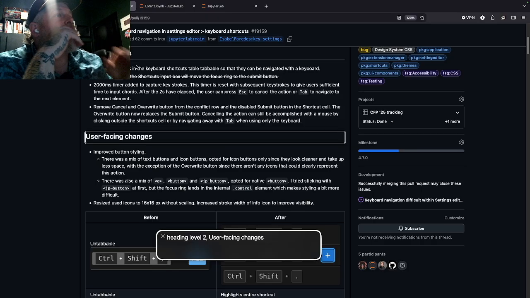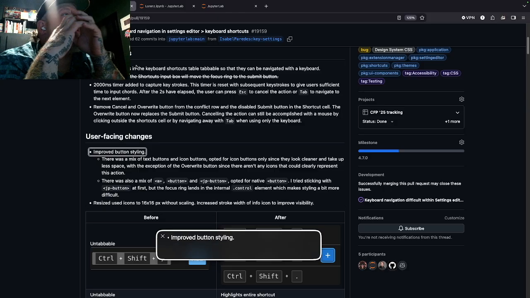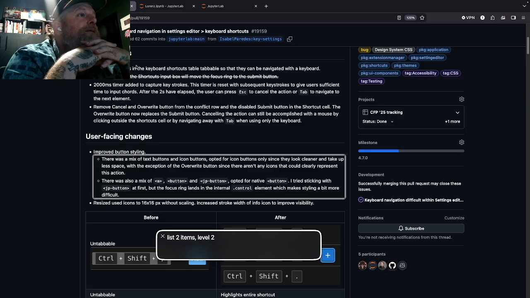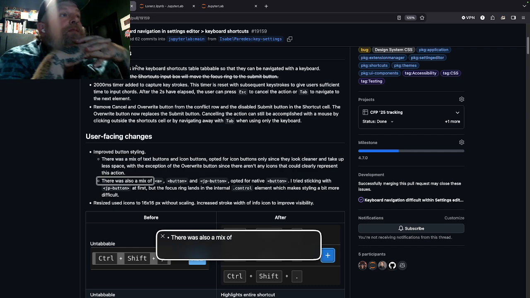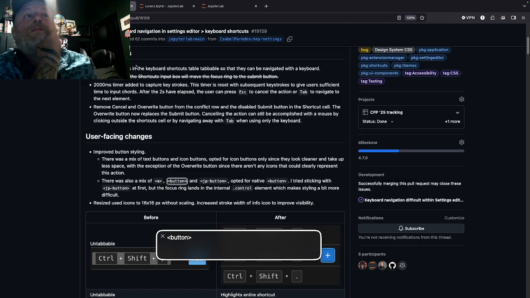Heading level 2. User-facing changes. List 2 items. Bullet: Improved button styling. List 2 items. Level 2. White bullet: There was a mix of text buttons and icon buttons. Opted for icon buttons only since they look cleaner and take up less space. With the exception of the overwrite button since there aren't any icons that could clearly represent this action. White bullet: There was also a mix of <a>, <button>, and <jp-button>. Opted for native <button>. Full stop. I tried sticking with